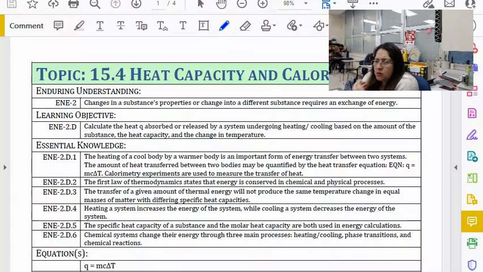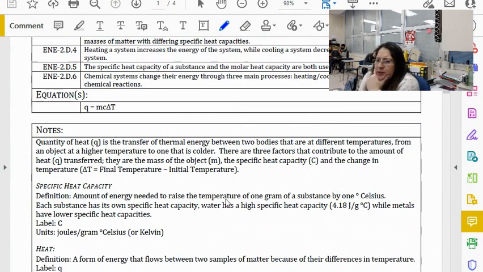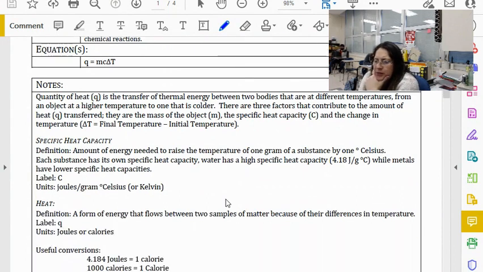All right, so heat capacity and calorimetry. I touched on this a little bit yesterday when we were talking about that sample with aluminum and the water. They had some values in there for heat capacity. We didn't really talk about it specifically, but when we're talking about trying to calculate heat, which is always defined